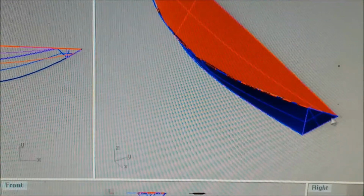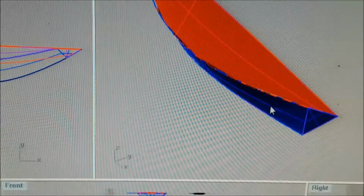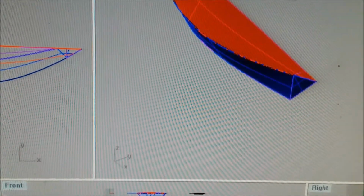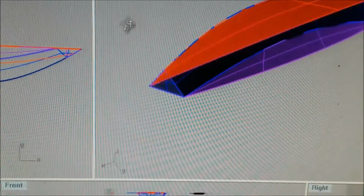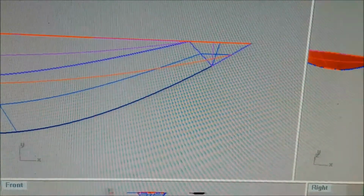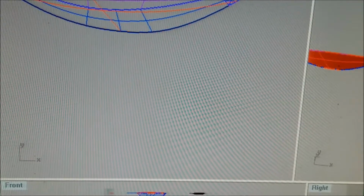So do I want to chop some of this off in the back? I want to in the worst way. I want to make a piece for an outboard motor in the back. But first, let's, if I wanted to make a deck,